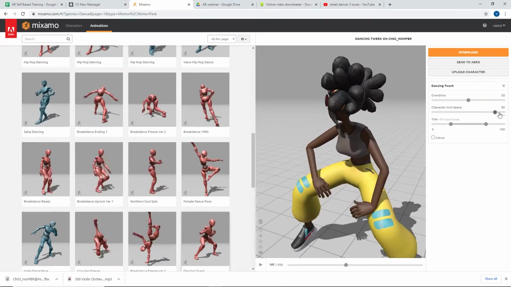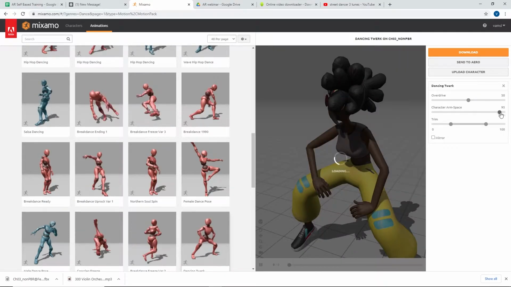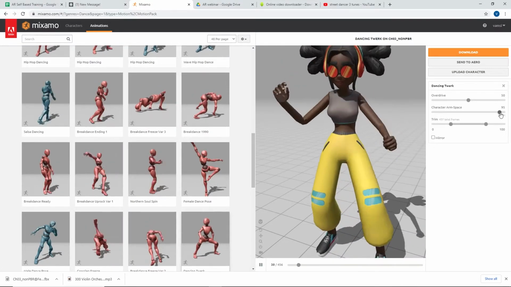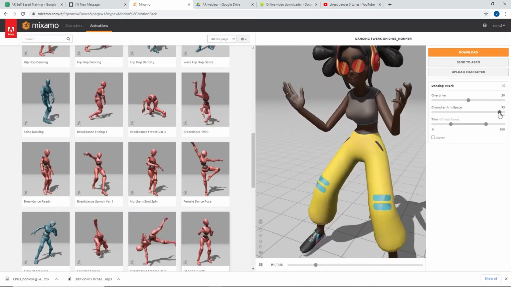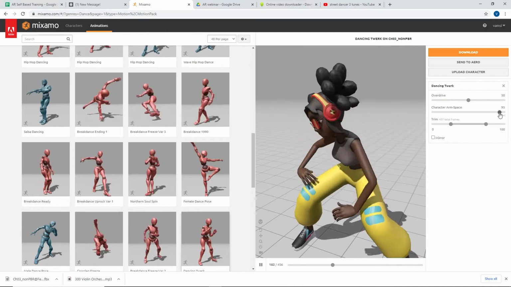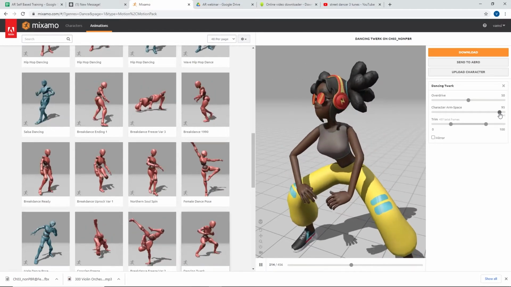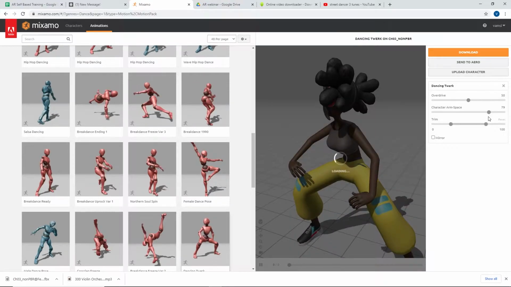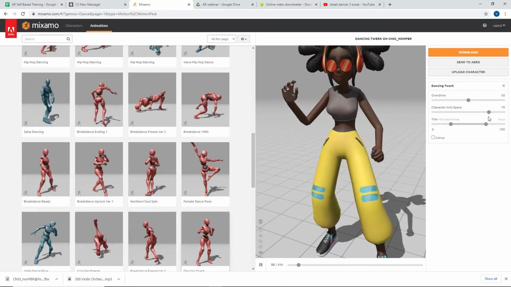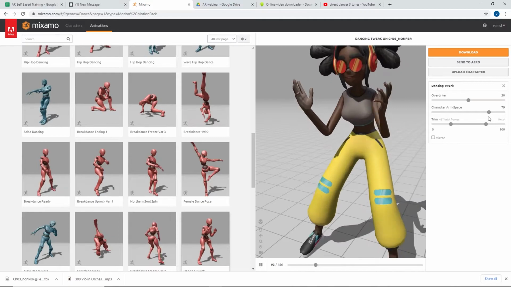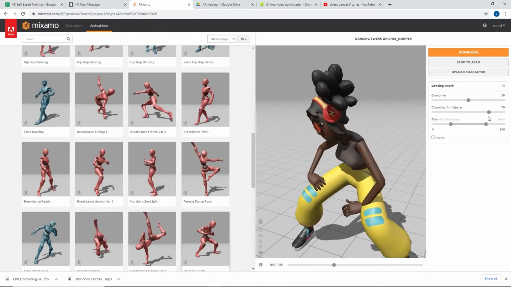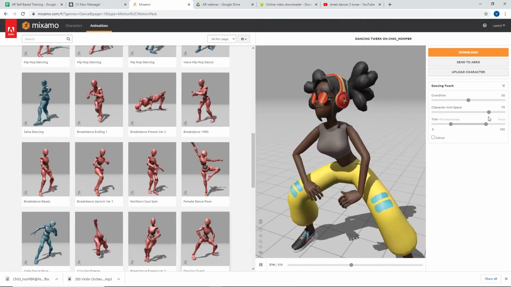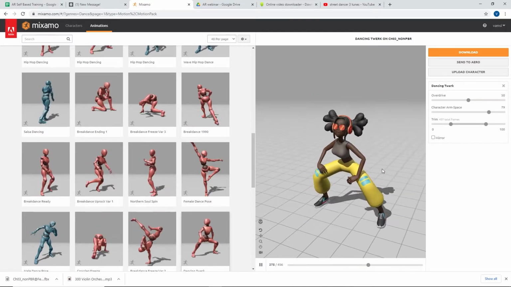See some more, yeah, like this. I think it's more than that. Let's check again. Yeah, I think it was good. So we can download it.